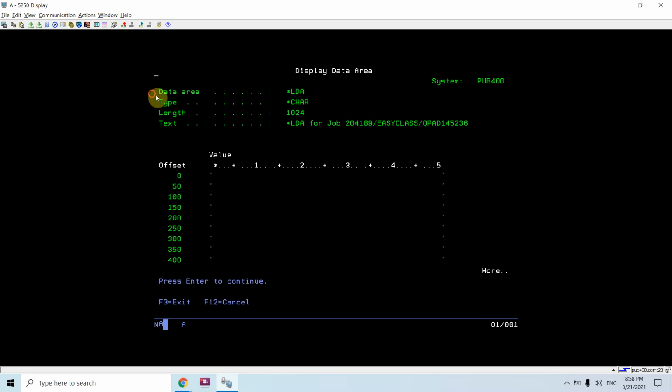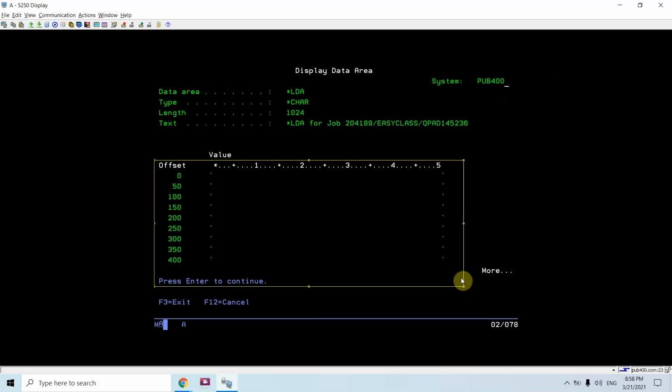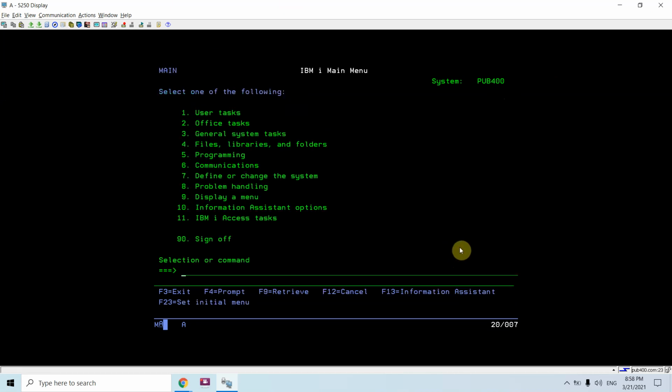You can see data area *LDA, type *CHAR, length is 1024, and this is for the job. Now I can see the values here. If they are set by the programs into this local data area, we can set the value. We can update this data area using our RPG programs or the CL programs.